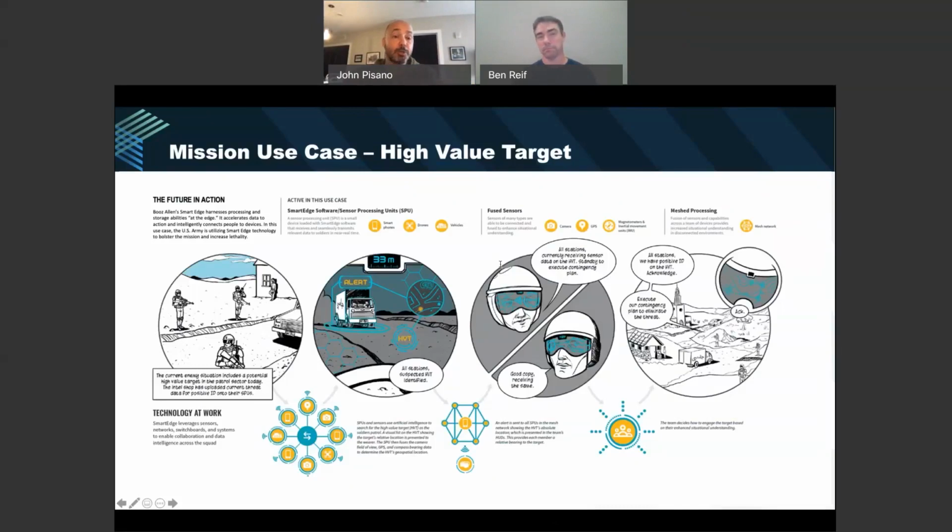What used to be a matter of you recognizing somebody by features that you were taught, or looking for them, now the camera is detecting it and alerting you that, hey, I've seen this object that you're interested in, and whereabouts. Not only the person whose camera has identified it, but others in the squad can see that the high value target was seen by this soldier over here, allowing them to coordinate the response on how they want to deal with it,